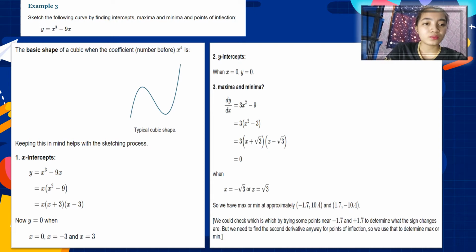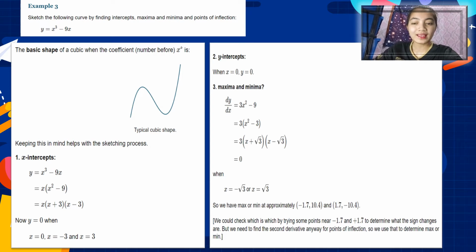Y-intercepts: when x equals 0, y equals 0. Maxima and minima: dy/dx = 3x² − 9 = 3(x² − 3) = 3(x + √3)(x − √3) = 0 when x = −√3 or x = √3,